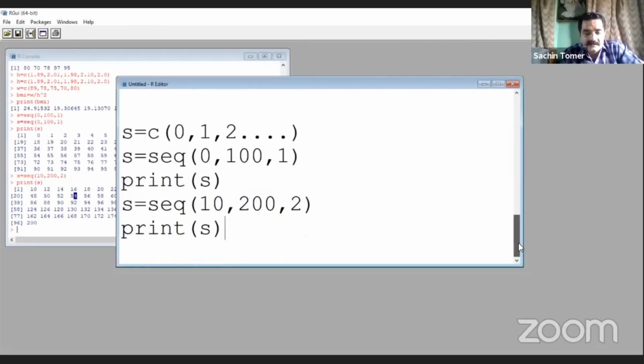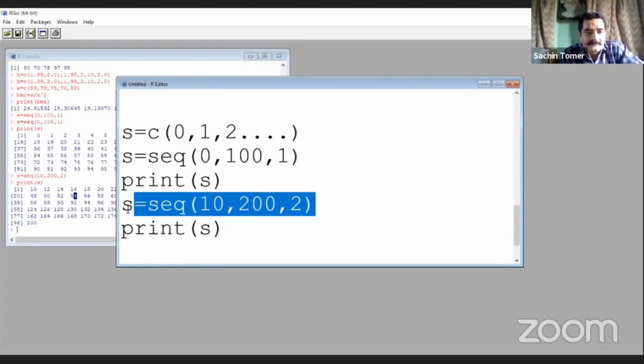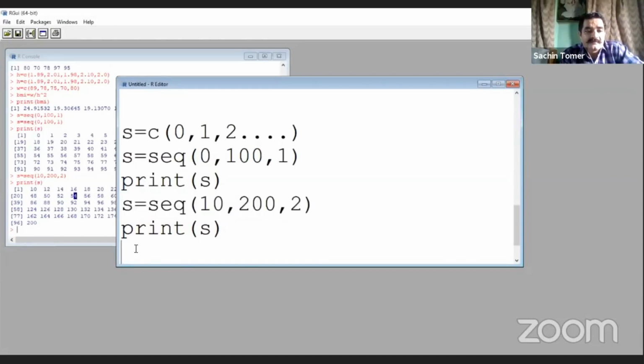Next, we want to check what the 25th observation in this variable is. We are trying to find the 25th observation in the sequence s = 10 to 200 with an interval of 2. So what command do we write here?